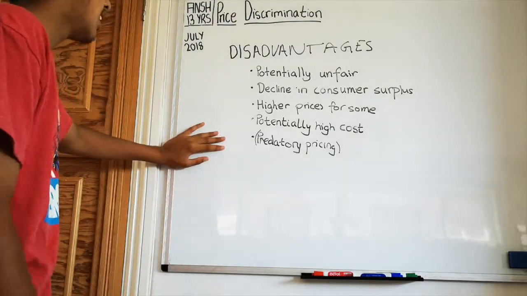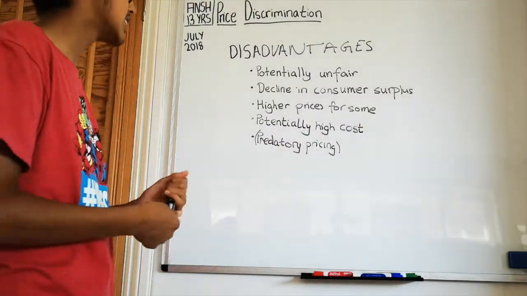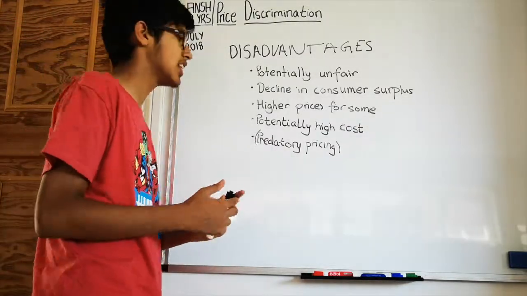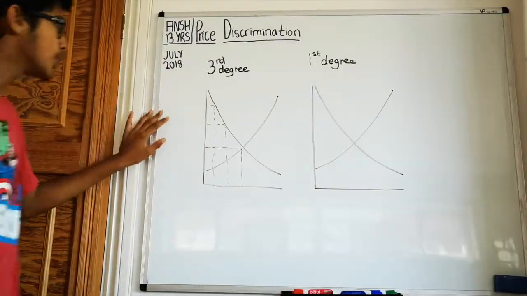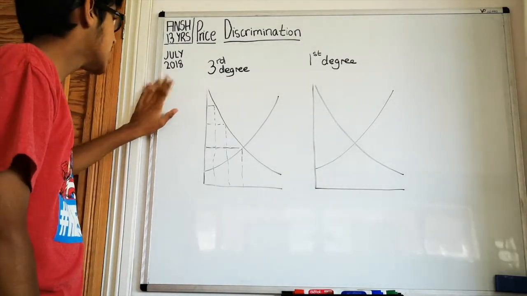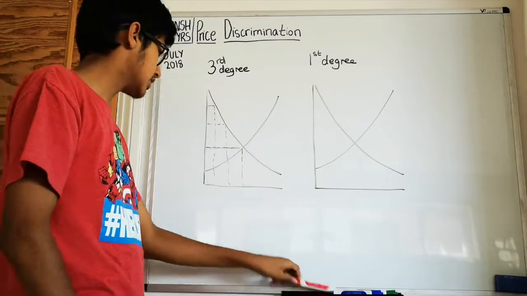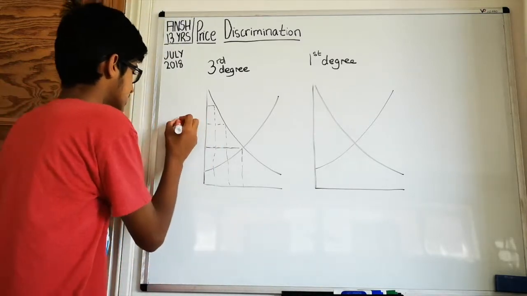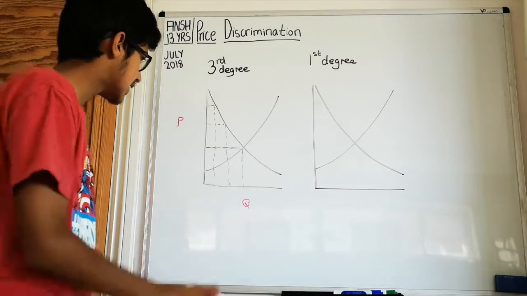However, this is against many antitrust laws, which are essentially laws that apply to virtually every industry and all levels of business. And we're just going to quickly look at different types of price discrimination on a graph. So with third degree price discrimination, or the most common type of price discrimination, assuming we have price on this axis and quantity on this axis,